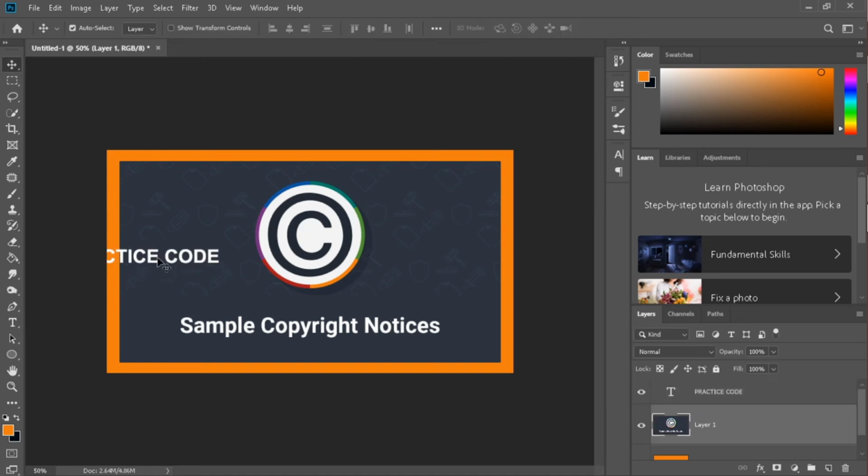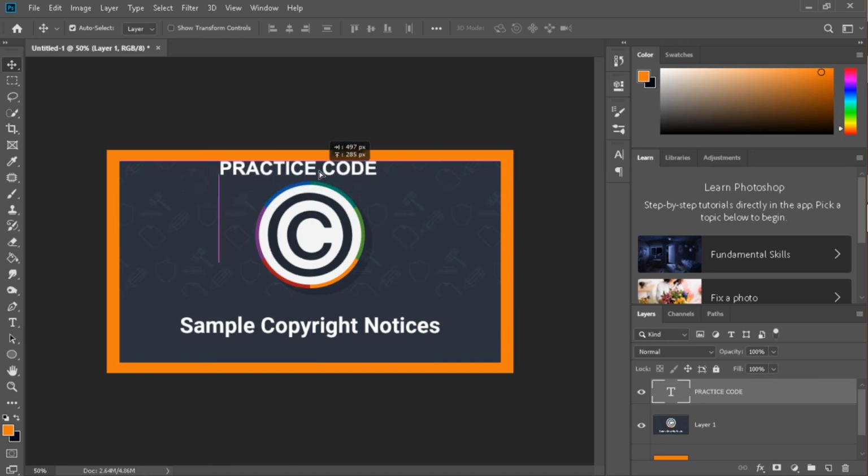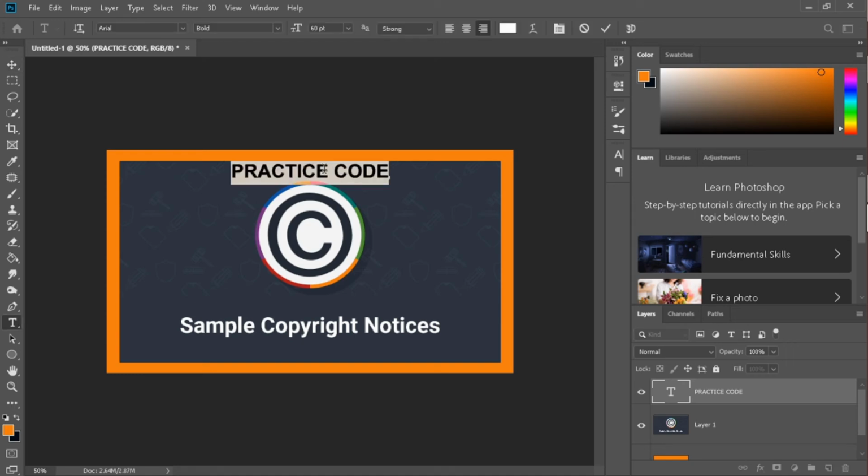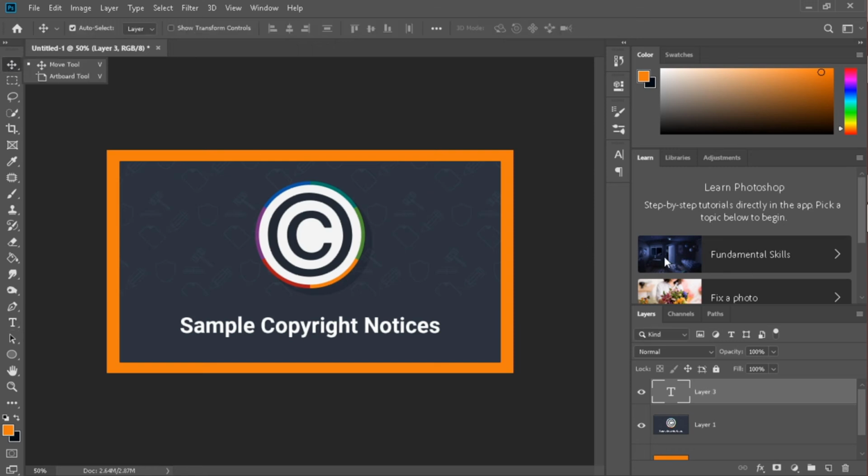So as you can see here, I have added the text to my layer. You all know that this is a very basic tool, but it's my duty to let you know how the tools work. So delete this layer and moving to the next tool,